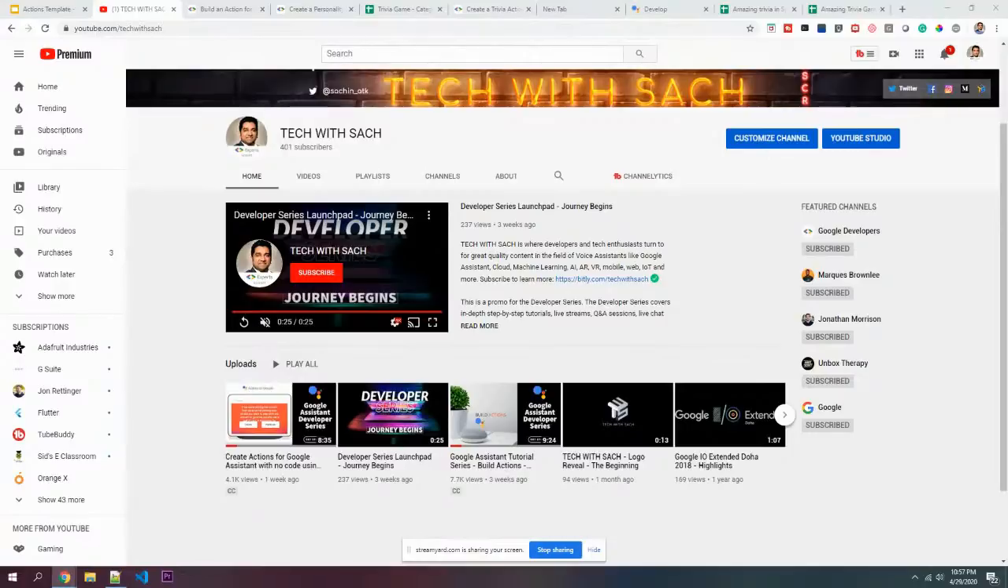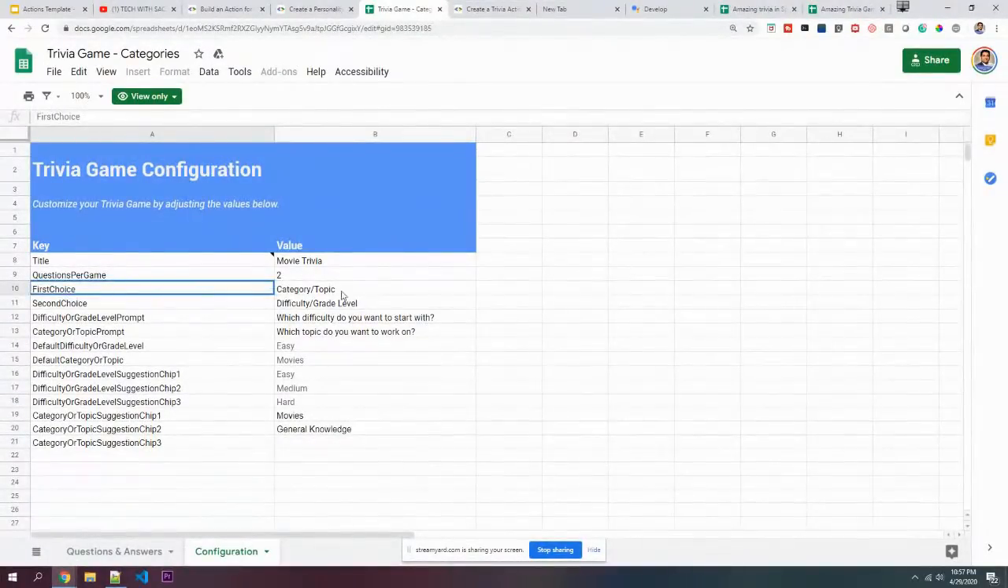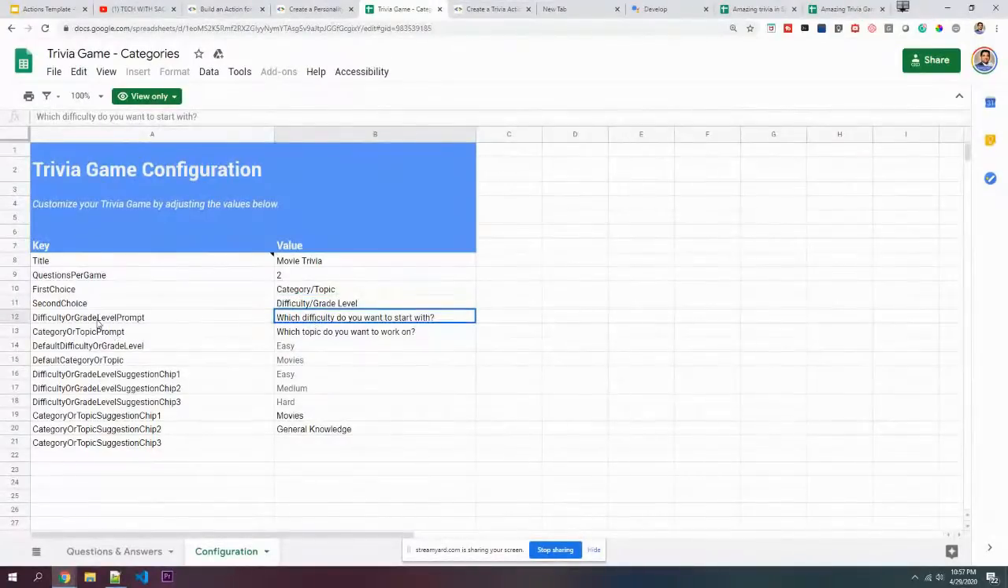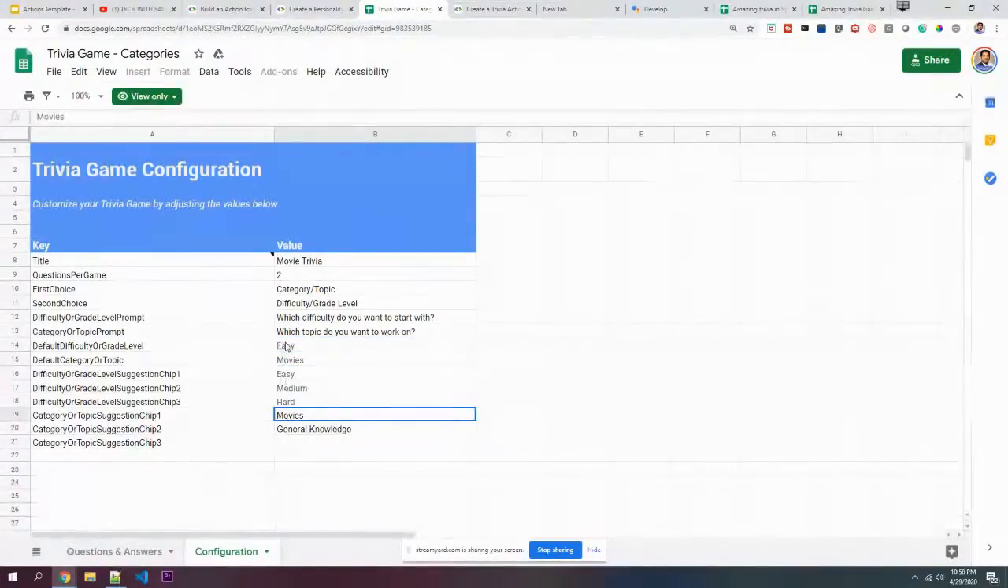So can I add audio of claps, cheers, and so on? Yes, absolutely, you can. So any templates which give you the ability to add additional information, you can do that. Okay, so this is another trivia game categories. You can go ahead and choose more things like first choice, what's the topic? You can choose the difficulty. You can choose even which difficulty do you want to start with. Again, these are prompts. You can choose categories and stuff like that, easy, movies,